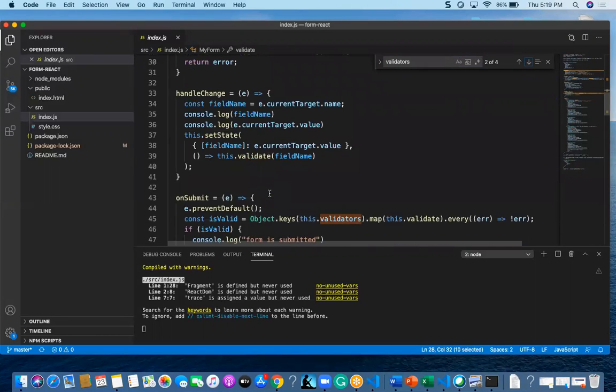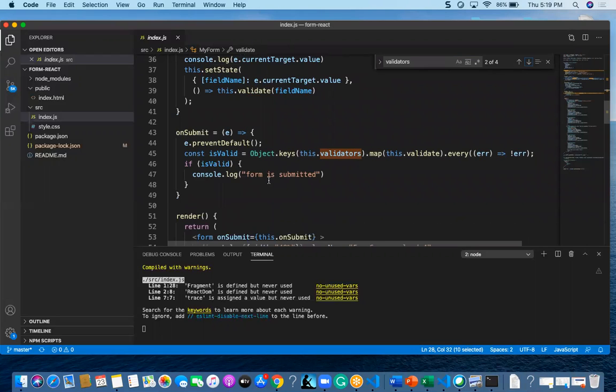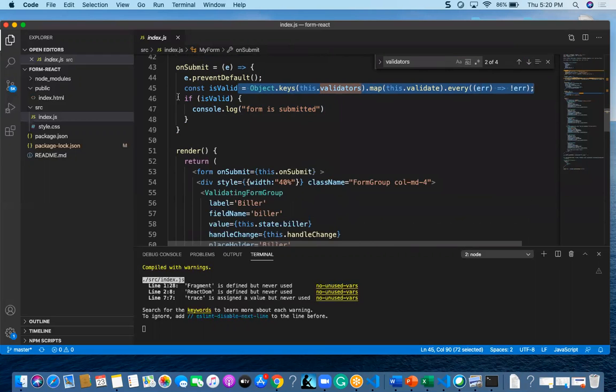Once I am submitting the form, it should not be the default values. The default values means it should not be empty spaces, and it should be valid. If it is valid, then it has to tell that the form is submitted. I will come back to this statement again. For now, if it is a valid form, then we have to get a message in the console saying form is submitted. Kindly take this into consideration.